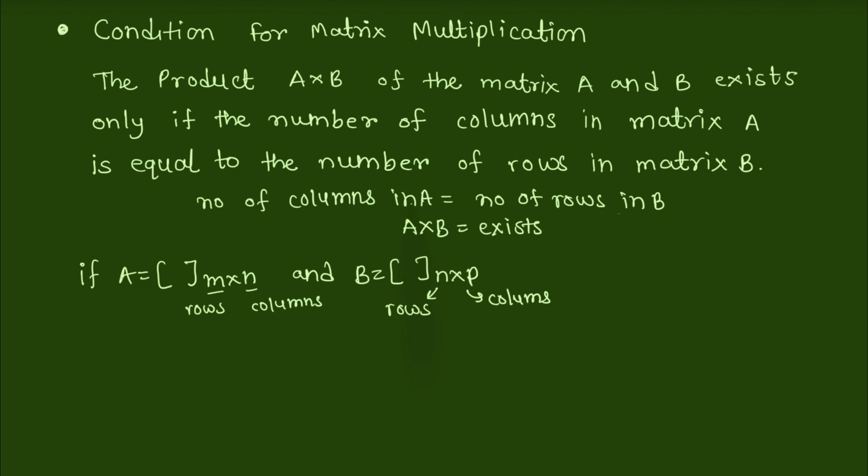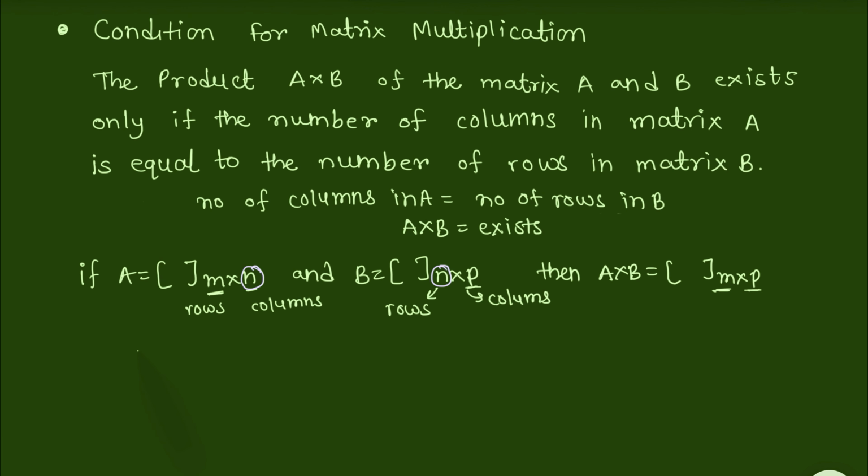Now the number of columns in A is n and the number of rows in B is n. Then the A cross B matrix exists and has the order m cross p, where the number of rows in AB